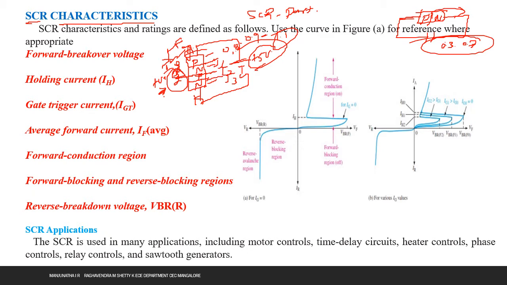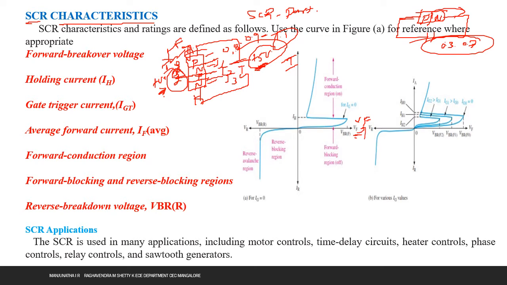Now moving on to the characteristics curve. I'm going to concentrate on the first point. We have the forward voltage Vf along the x axis, and we have the current I along the positive y axis. The same voltage I considered here, for example plus 5 volt, is the forward voltage, so it is represented as Vf.